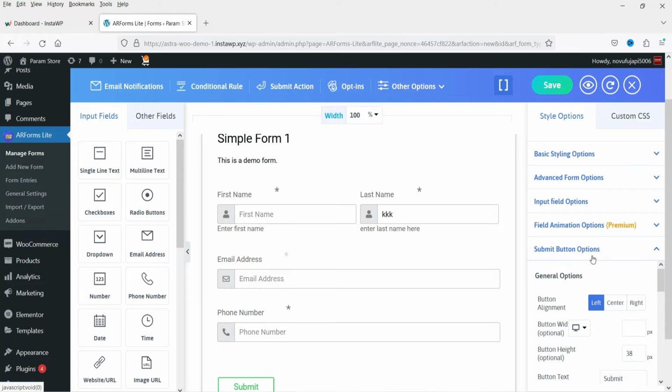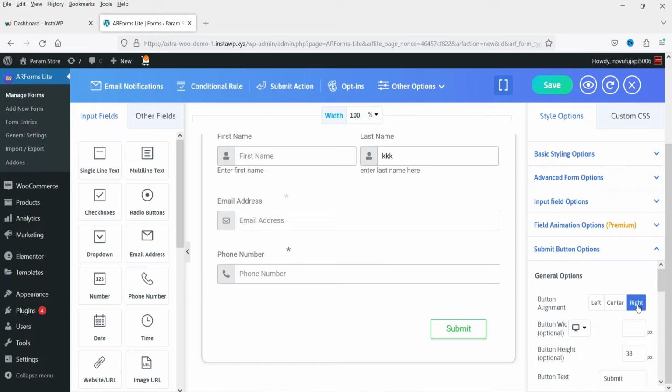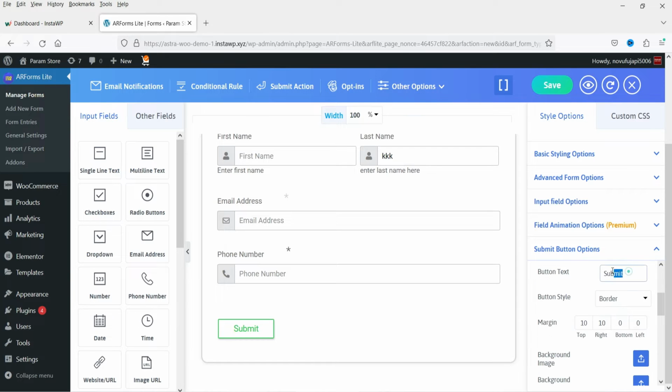And the last option is submit button option. At the bottom you will see this submit button. You can change the alignment to the center, to the right or to the left. This is the width and this is the button height. This is the text on the button. If I change it to send, you will see the change here. So you can change the text on the button from here,